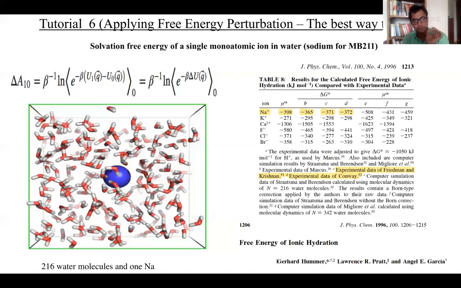And I want you guys to look at this. So this is a paper. What I already explained to you is what we are doing and what I'll be providing you. I'll be providing you multiple trajectories of a particle in a box, but the particles will have different charges. So you will have one set of trajectories with 0 charge, another set with 0.1 e charge, and so on until one ESU charge.